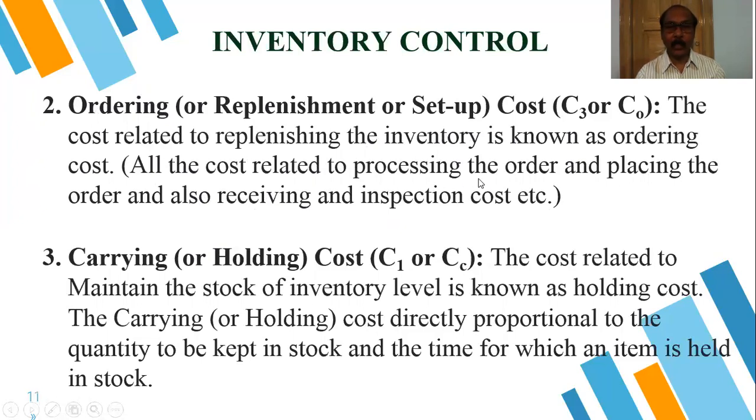If he moved to the company to negotiate with them, that is the transportation. That means from office to that office, that conveyance is also included with that. So we are considering that as a fixed rupee amount or a percentage. That is the ordering cost, which is fixed for that particular placing of the order.